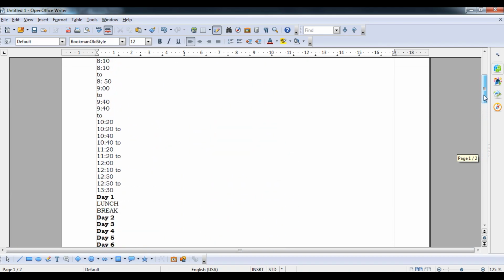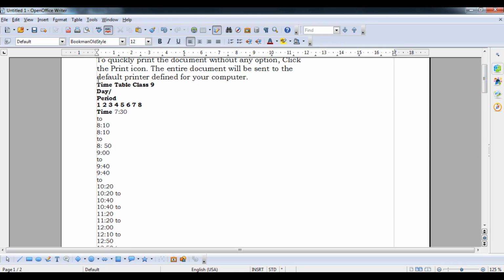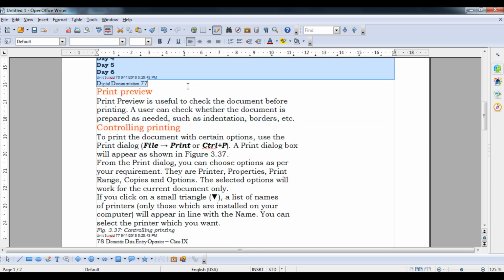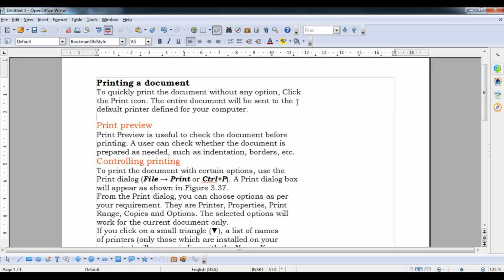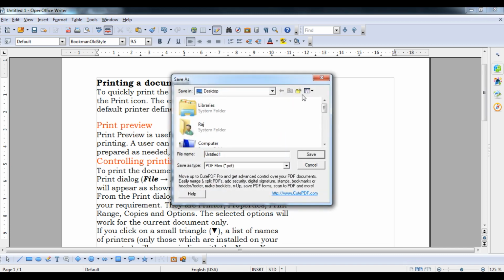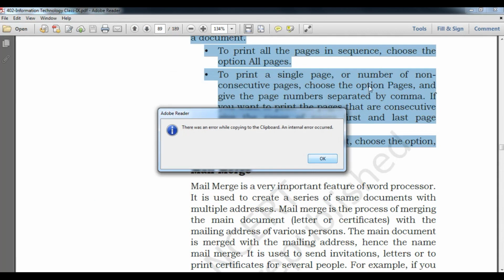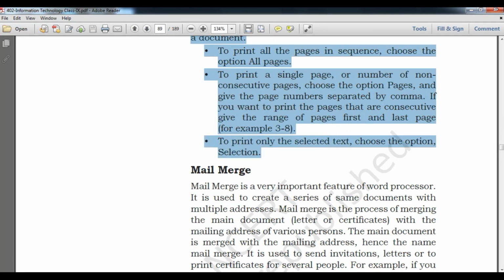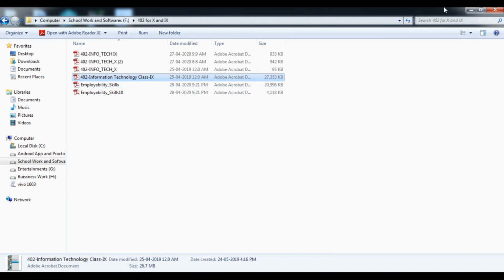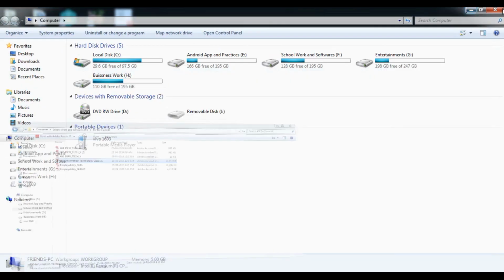Okay student, you can see I have just copied the document detail from the note, I mean the text material, and I have just pasted it here. And now I'm going to see how the print preview looks. To print directly, you have to press this button, that is the print icon in the standard toolbar. So it will print the file directly. You can see this particular file will come up and ask me to save. If I save it, now you can see this particular file will be created as I just saved it.